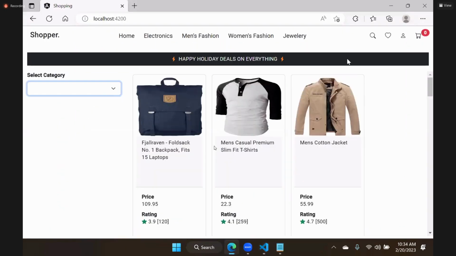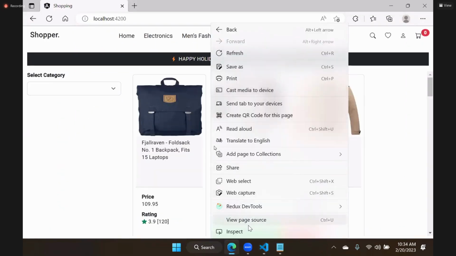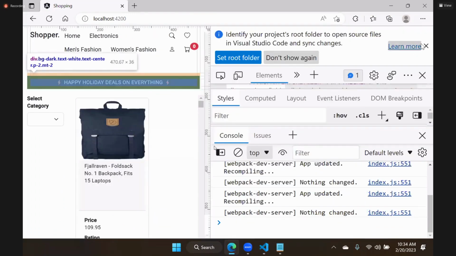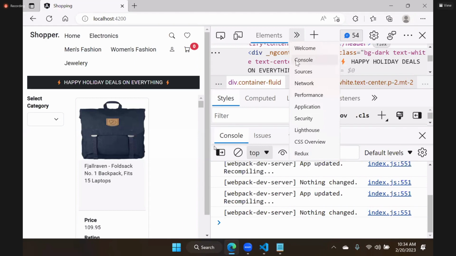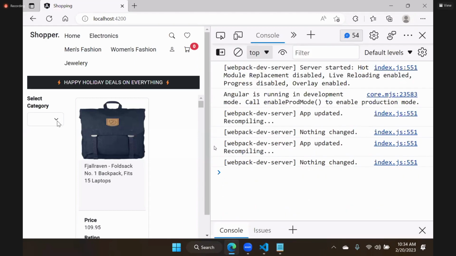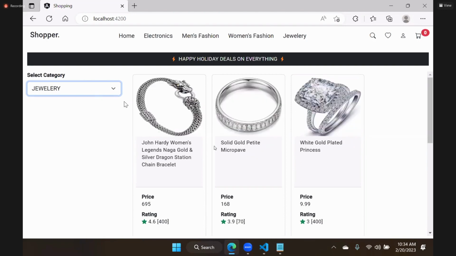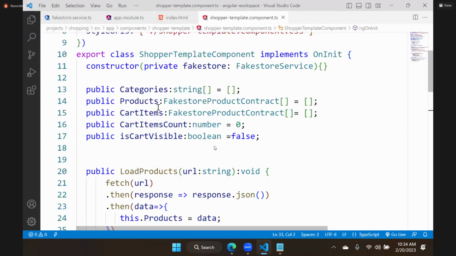Let's check where the problem occurred. Some problem is there in the console. In the console, the problem is not that data is not coming. It is taking time. Okay. The data is here. Whatever data we have, it is coming. It is just taking some time to get the data and display. Okay. Right. So this is basically how the